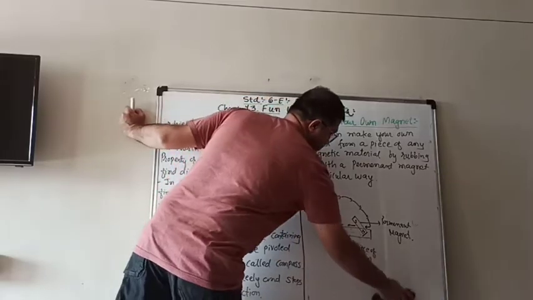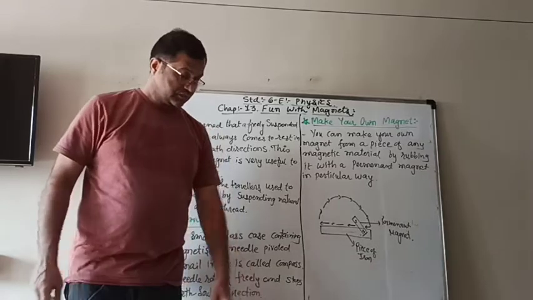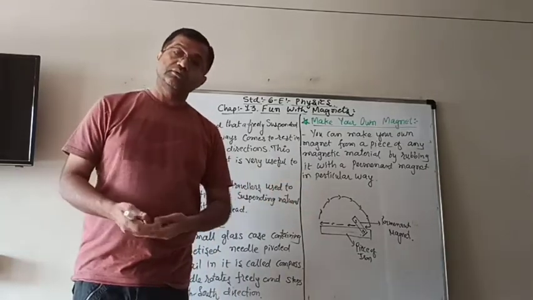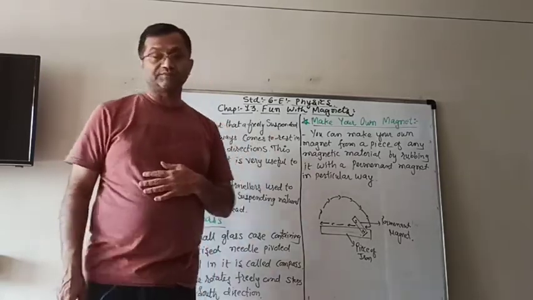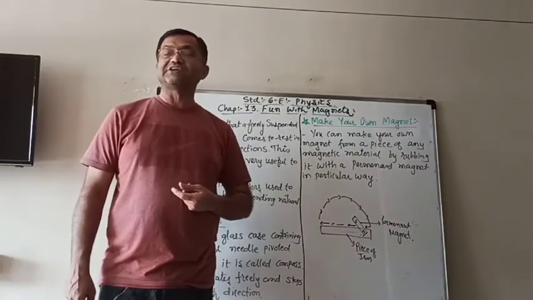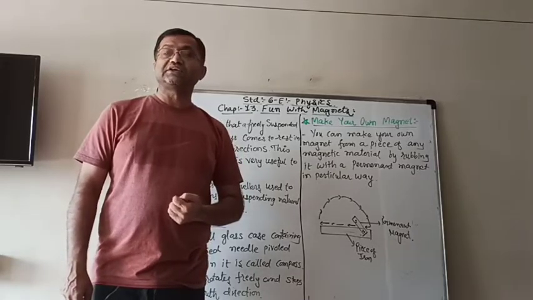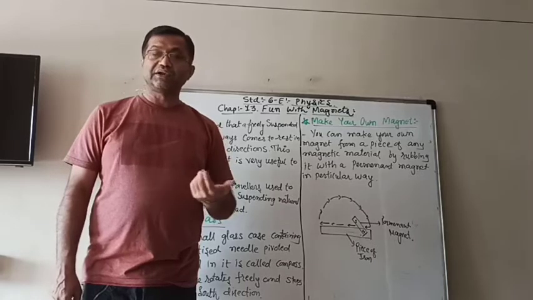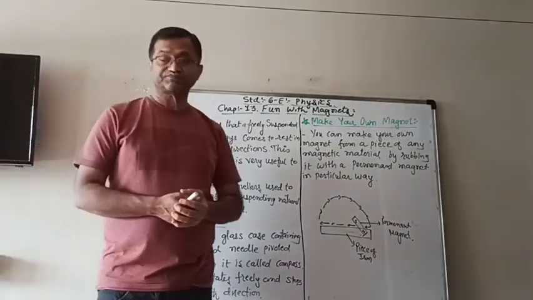And then, as I told you, your magnet is ready, and you can use that magnet according to the use of the magnet. And you can decide the North Pole and South Pole also by suspending it so that it can rotate freely, and when it comes to rest, it will stop in the north-south direction.